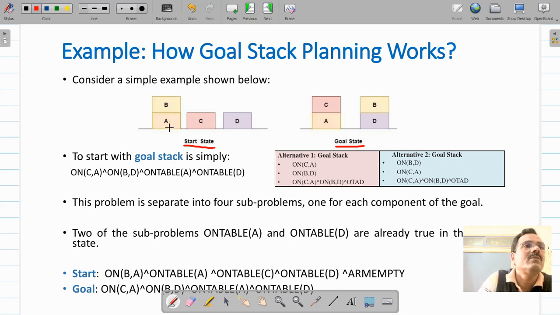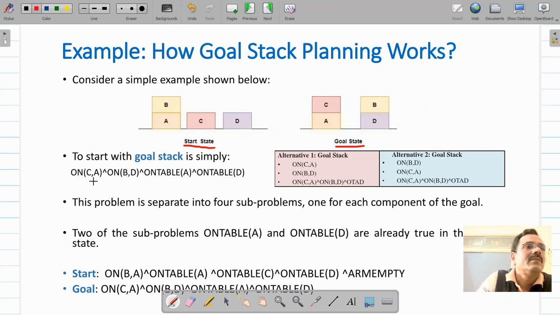Block B is on block A. Your system has to achieve this goal state where you will have block A on the table and block C on block A, and block D is on the table and block B will be on block D.